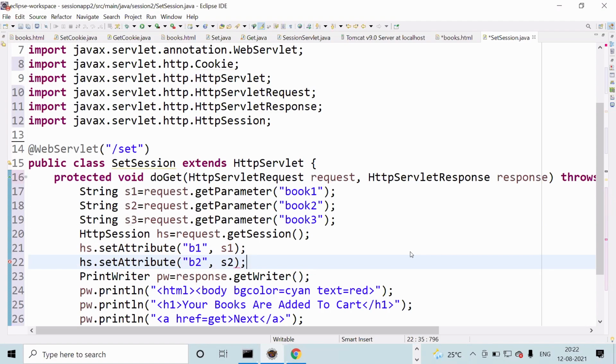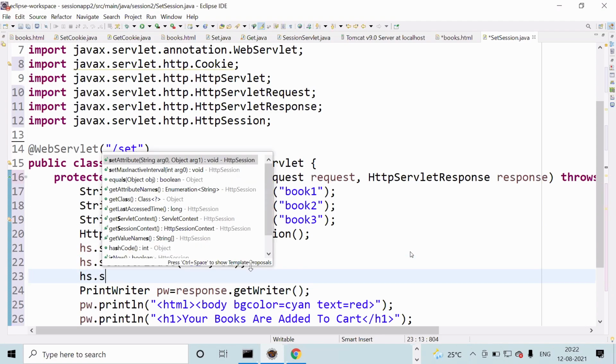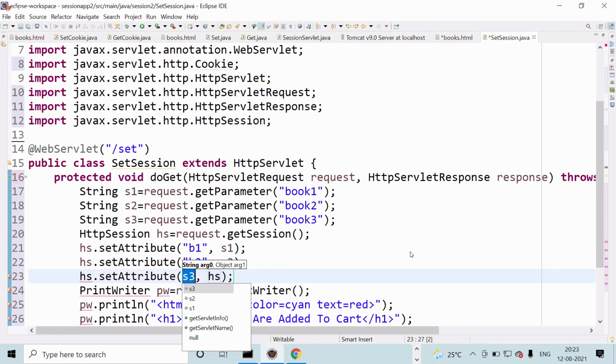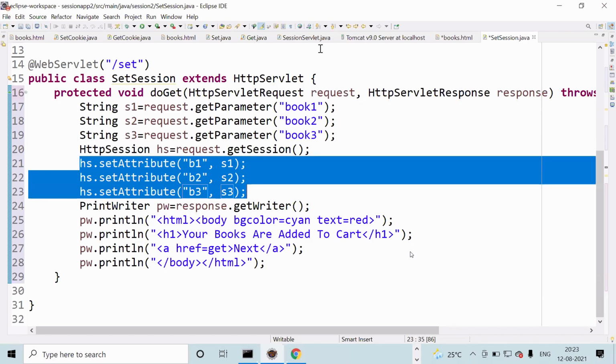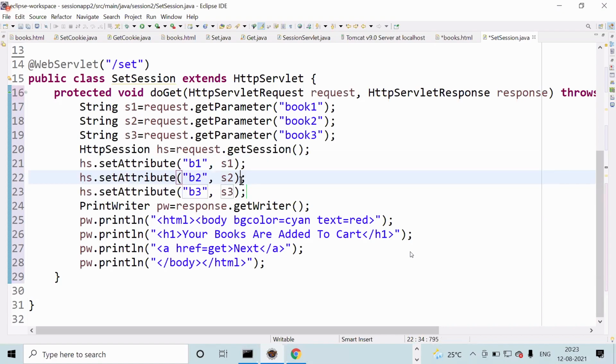Like that only. hs dot setAttribute, b3, s3. So now what will happen is it is going to be stored in server. Now book 1, book 2, book 3 all will be stored in server.